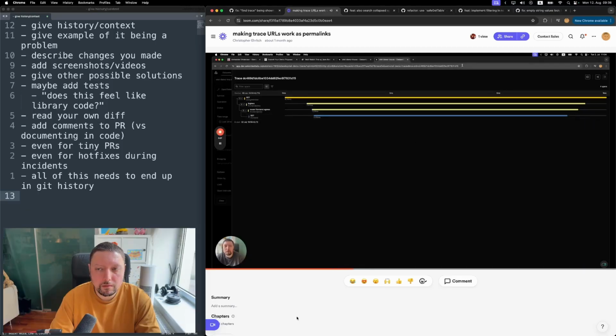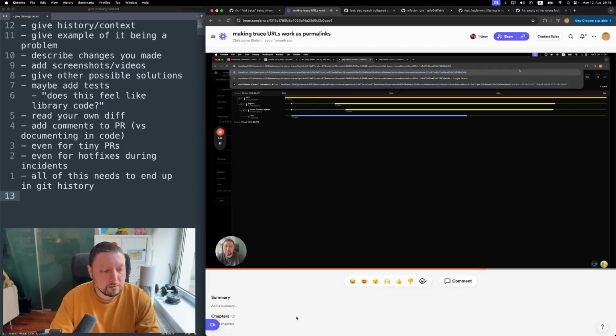it. But the problem is if I now save this link or send it to somebody and then I try to open it again like a day from now or a week from now, then this fallback of trying to find the trace might not work anymore because we only look back a certain amount of time. So what I've done here is, let me remove this as well, that if a part of it is missing and we get it back when finding the trace, then we update the URL to make a URL that can